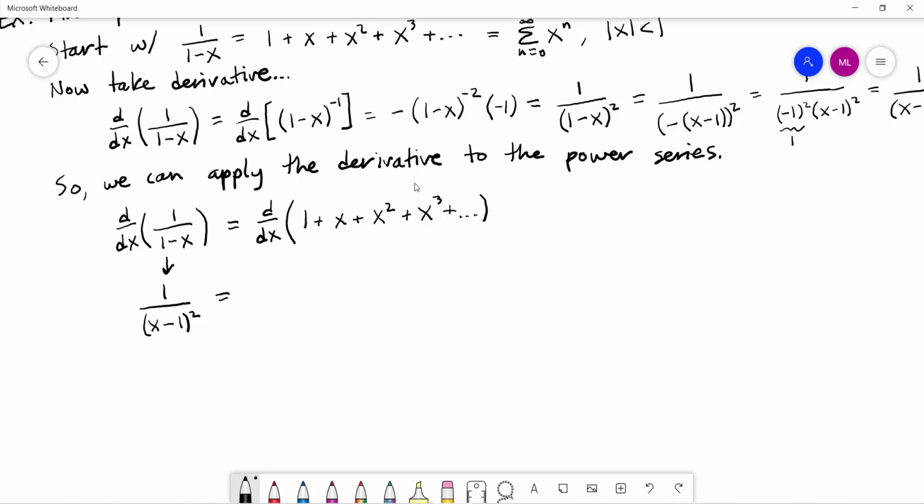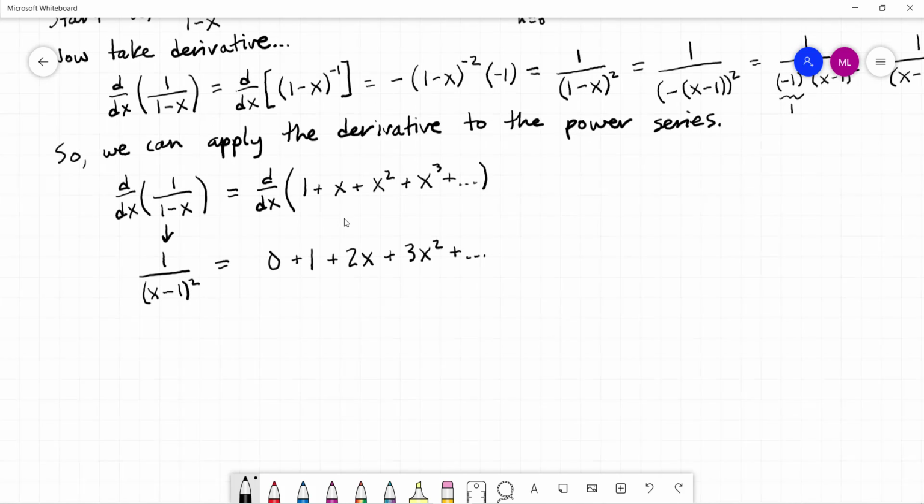Well, what's the derivative of the 1? That's a 0. What's the derivative of the x? That's a 1. What's the derivative of the x squared? That's going to be plus 2x. What about the x cubed? That's going to be plus 3x squared plus dot dot dot. So I now have this representation, which we will notice if we want to write this, we have a couple of options. If I want to figure out what this looks like,